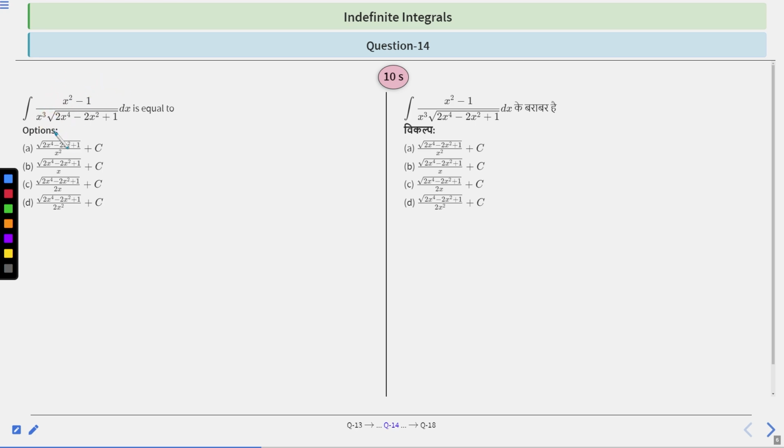Again, the equation will be of the form integration of dt upon t root of t, like that, and outside this some constant will be there. In this way you can try to approach this question, right? So you have 10 seconds to solve or think about this question. After 10 seconds we will discuss the solution.